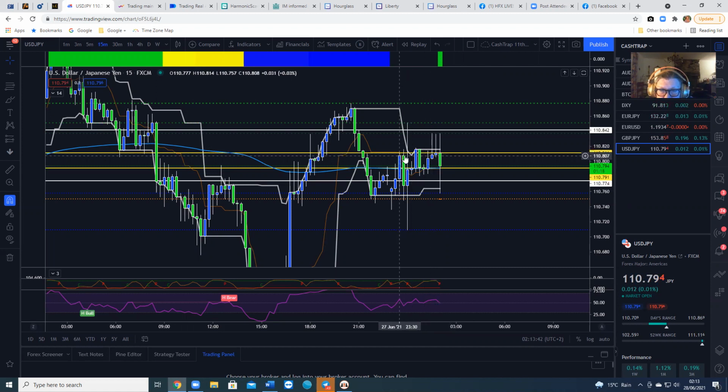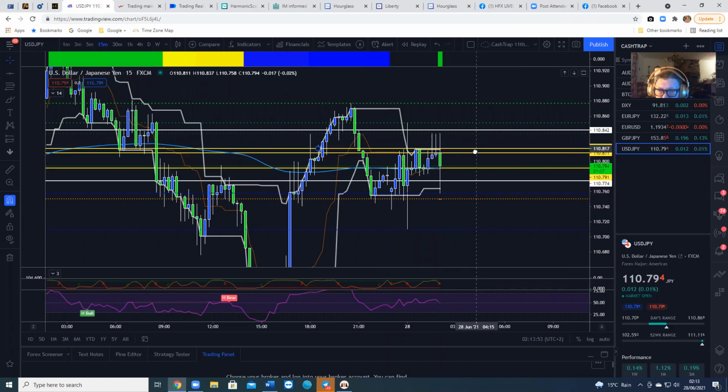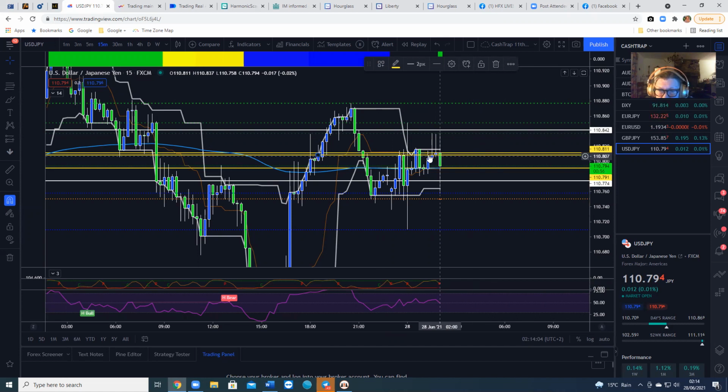808 matches up with the tops there, and there's a bit of a zone going on. So I could do one more line, but you could also draw a horizontal box, a rectangle box. So 808, 805, 808. And it matches up with the tops there. Some people say, oh, I haven't got time to draw all these lines, but strategically this will give you really great trades. Or like I said at the beginning, you can use some simple scalper on Liberty,